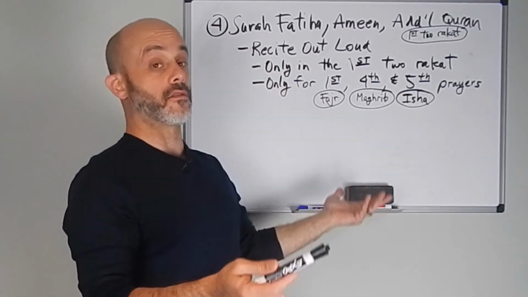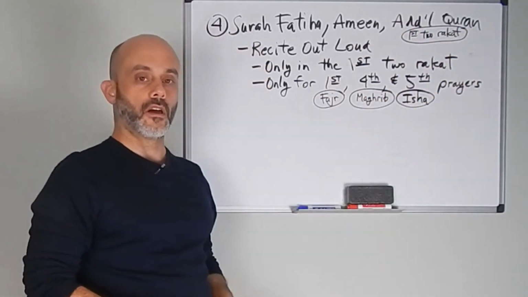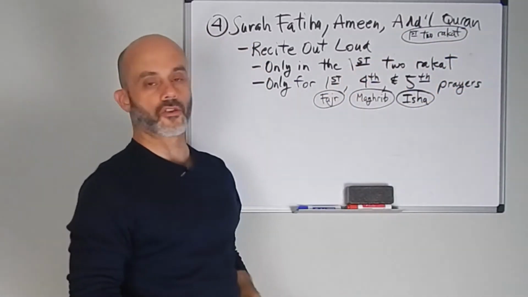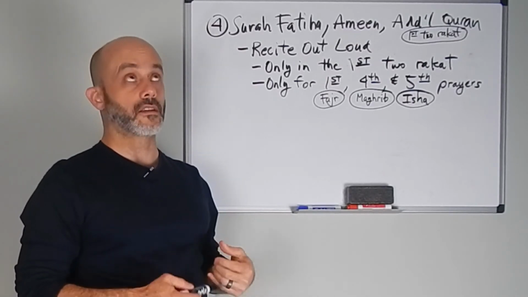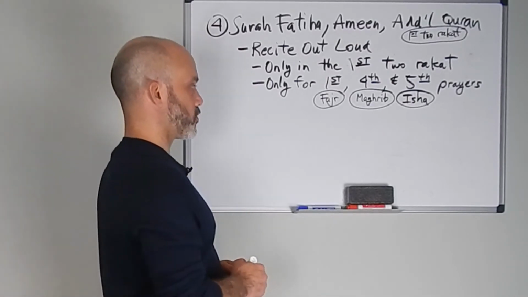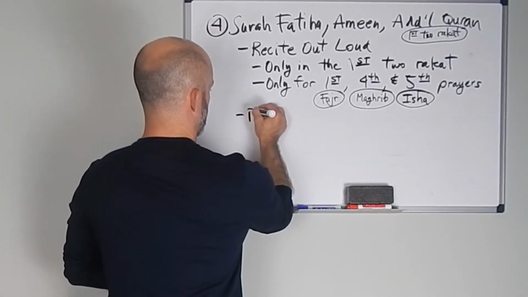It's do you recite it or not? So if you want to add the additional Quran, you would do it for the first 2 rakat, not the rakat after the first 2. Which brings us to, when do we recite